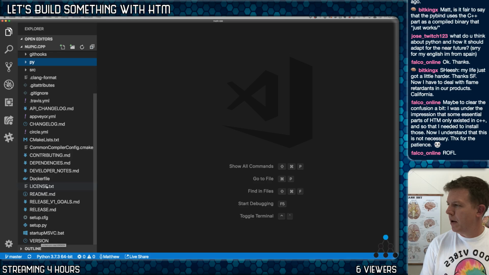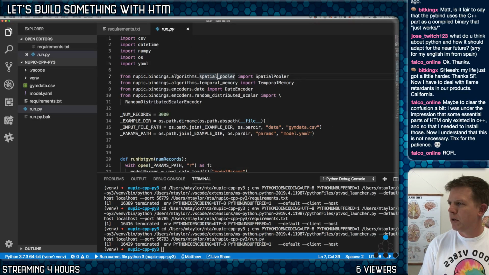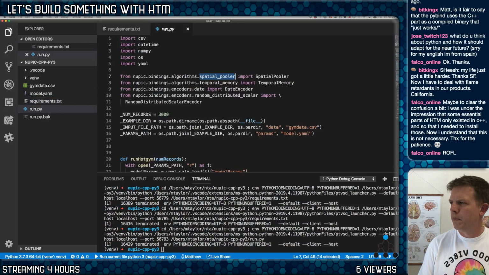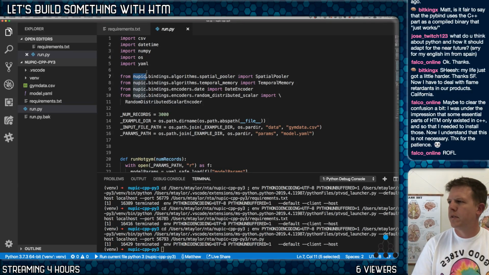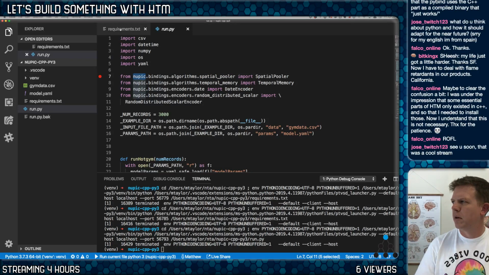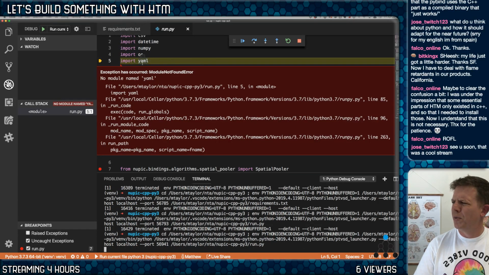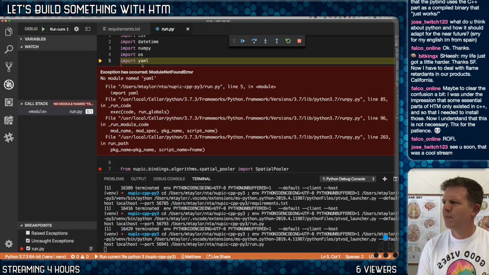But I'm confused why this doesn't work. Just import spatial pooler. Because unless this, let's put a breakpoint here and debug it. Oh, this one doesn't even have YAML. Come on. How do I